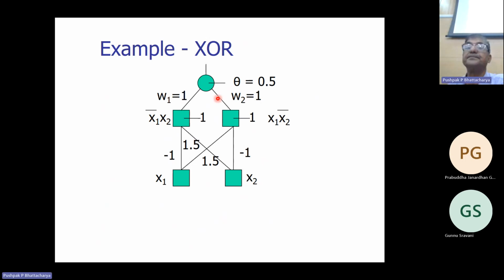XOR is fine. So this looks for compositionality. A function which is not computable by a perceptron is decomposed into a set of perceptron-computable functions and their composition, again by a perceptron-computable function. So imagine